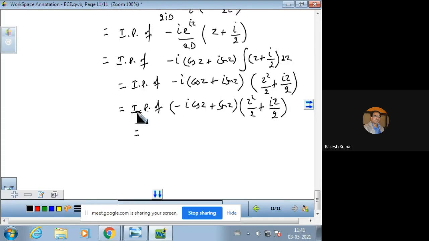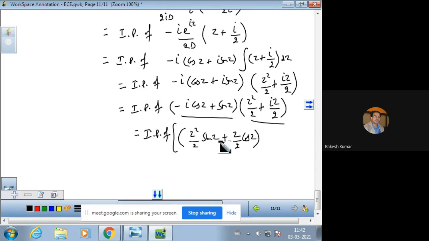We require the imaginary part of this term into this term. So imaginary part of, multiply these two brackets, you will have a real function as z square over 2 into sine of z, and iota is a minus, and minus will be plus. So z by 2 cos of z, ये आपके पास real part आएगा, and by taking iota common, you will have